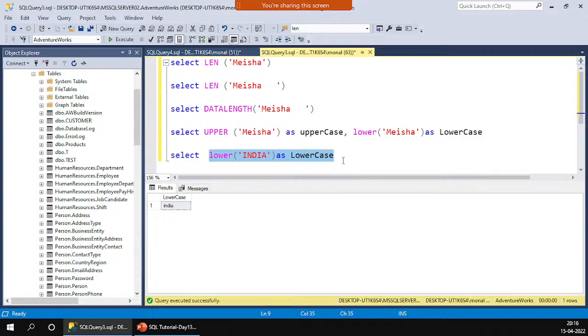Okay. So select lower India. Why? Like I was telling you, where it is used. If the description field is involved and you want a few letters in upper case, or after each space every character in uppercase, or after the full stop the next sentence should be in uppercase. That time these upper and lower